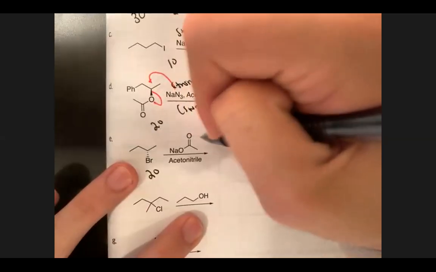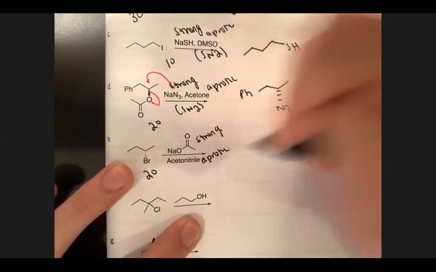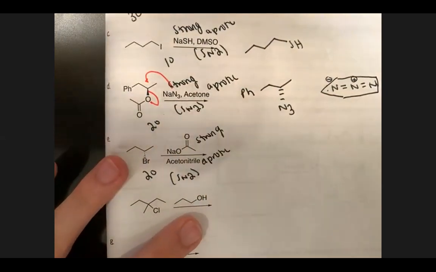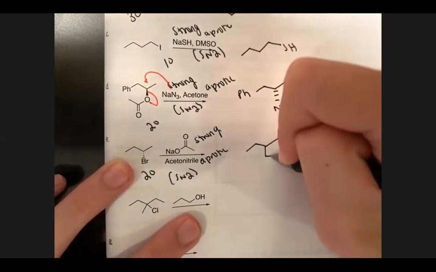Okay, so then here we see secondary. This is probably strong-ish. Okay, and acetonitrile is aprotic. Okay, all these things tell me Sn2. Remember, this is not an exact science. We're just using what we know to predict if it's Sn1 or Sn2. Okay, so you should expect